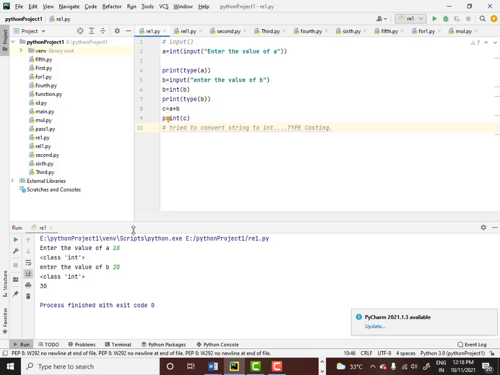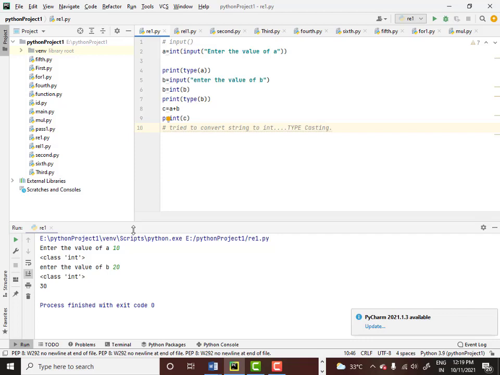Concept clear? Yes, Anvesh? Yes, Balu. I think probably you can try some programs on this. Let's say you try a program where you find the sum and average of 4 numbers. Accept the marks of a student of 4 subjects, find the total and average.